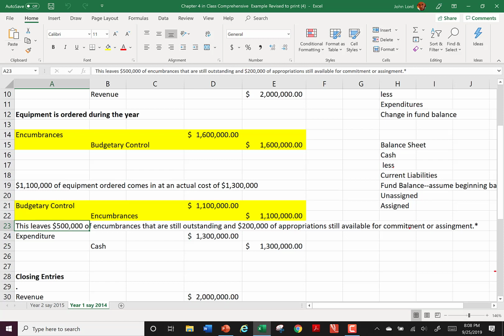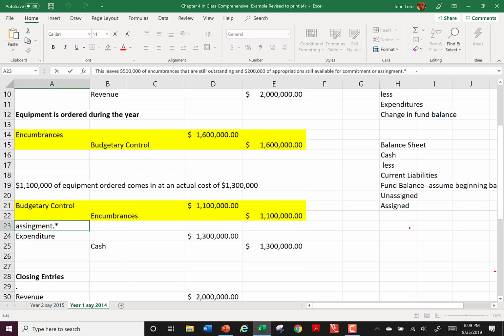I had 200,000 to play with, but because my order price was a little bit off, that money's been used up now, hasn't it? So that wipes out that budget authority. Okay, so now I can go ahead and fix what this says, because this is wrong. This was in a previous life of this